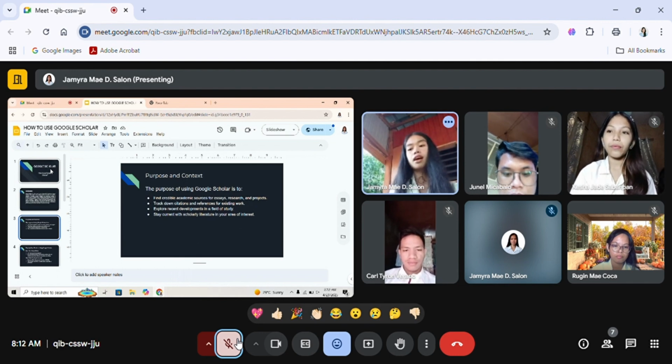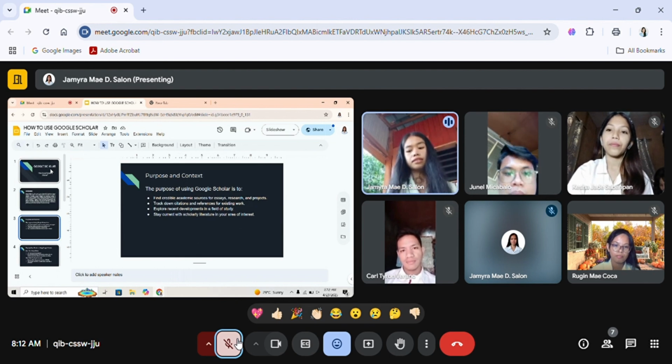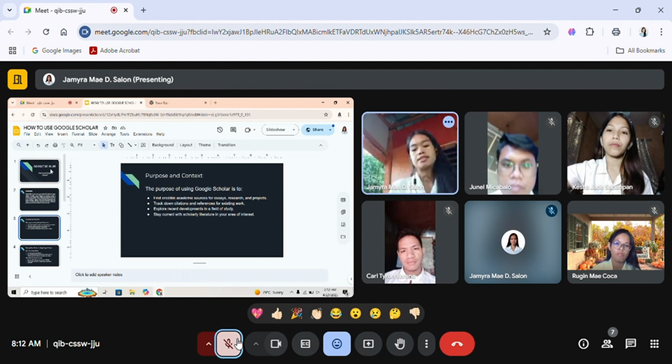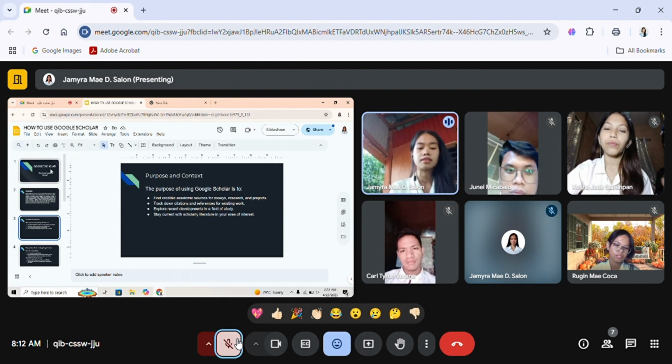And then next, track down citation and references for existing work. So when you find a helpful article, checking its references and citation can lead you to other valuable sources. The reference list at the end of the article shows what previous research, the background, and context of the study.